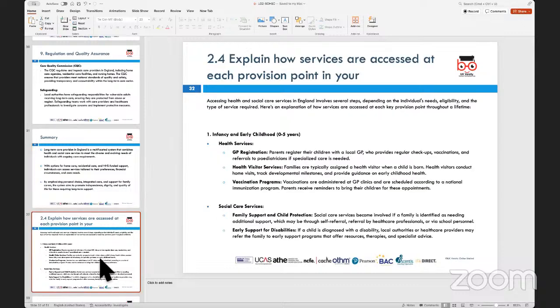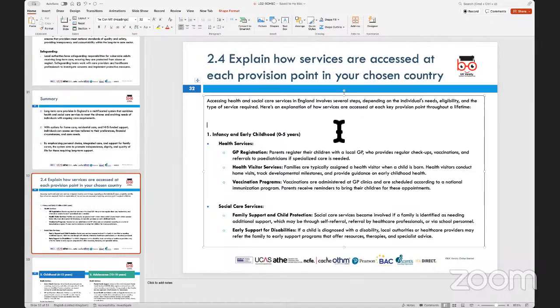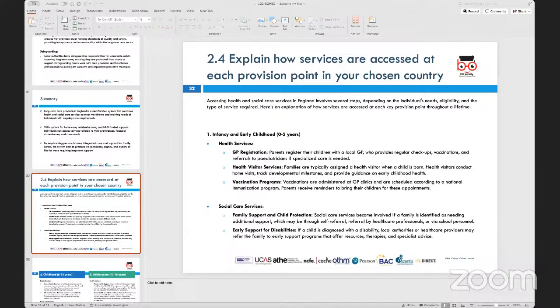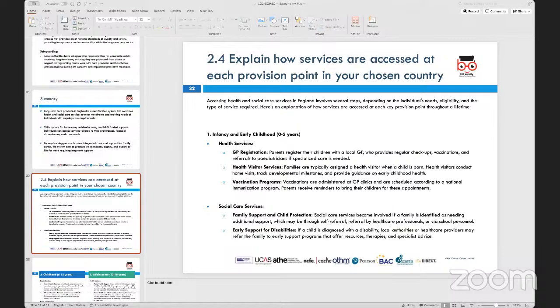Right. The next assessment criteria talks about explaining how these services are accessed at each provision point in your chosen country. For us, the chosen country is England. So when I look at these services, I would be going into a bit of detail by again looking at the different ages and stages of life. And here, when I talk about the healthcare system in general, when we discuss